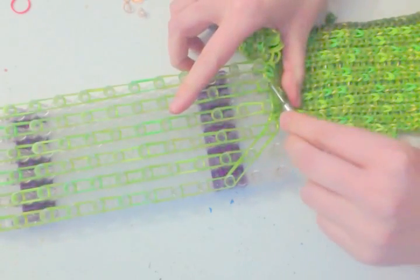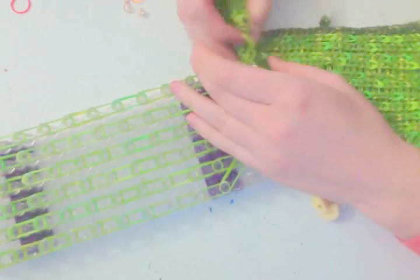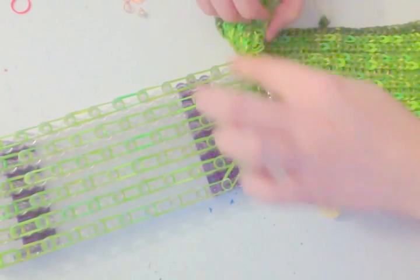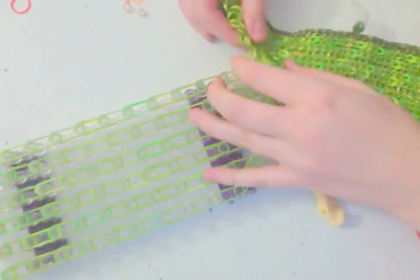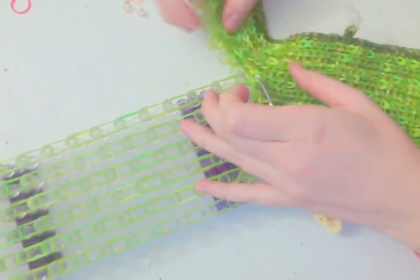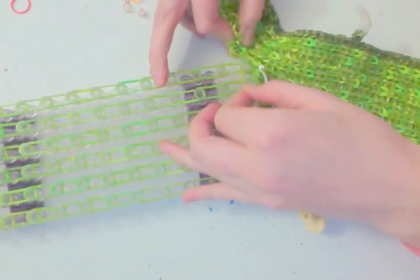Okay, I'm gonna lift off these first 2 sets. This is only if you did the horizontals at the bottom of each row in part 1. If you didn't, you don't need to do this part, because you should have a little space right here. Okay? If you followed me, you actually do have 2 bands there, and we will pull those